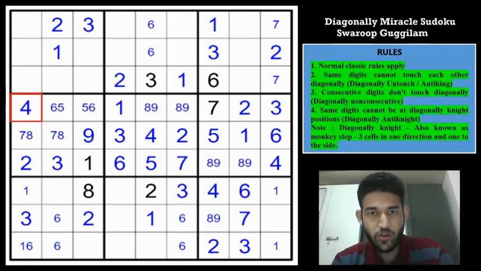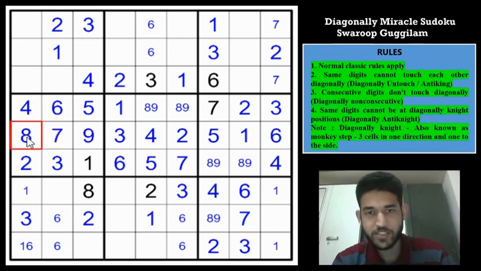Right. So if you look at row 4 now, because 4 is already eliminating these 2 cells, you can see that 4 cannot be here, diagonally consecutive, and 4 can't be here using the classic rule. So 4 has only one cell left in row 3. So we can place the 4 here, which immediately resolves this 5, 6 pair. We can place the 6 and the 5, and this 6 gives us an 8 and a 7 here, because 7 will be diagonally consecutive, so we can place the 8 and the 7.